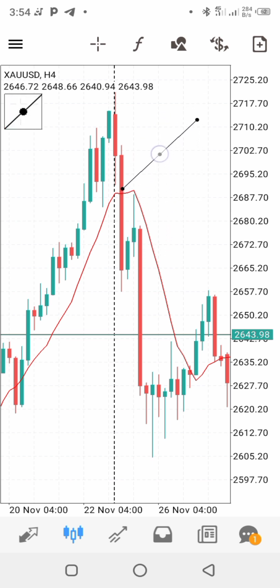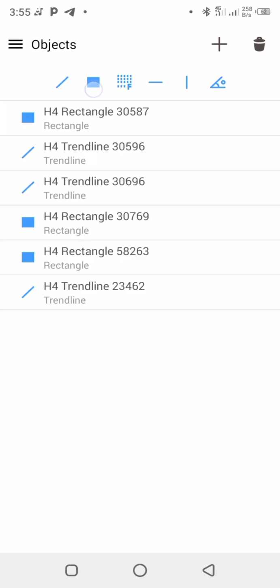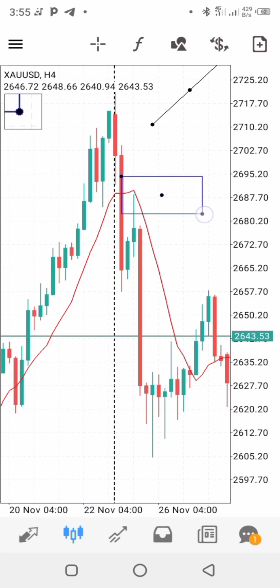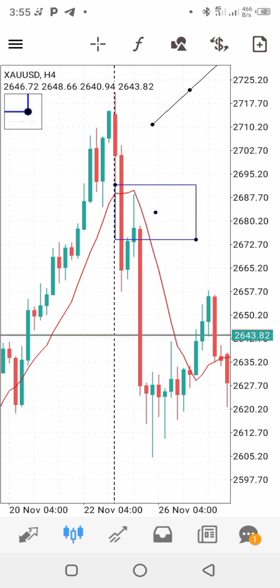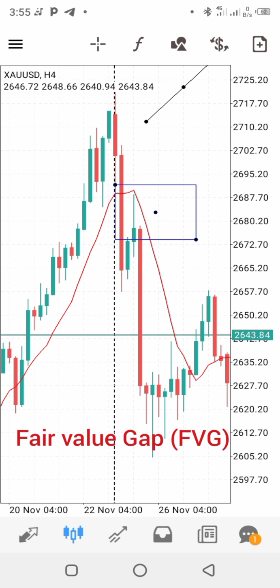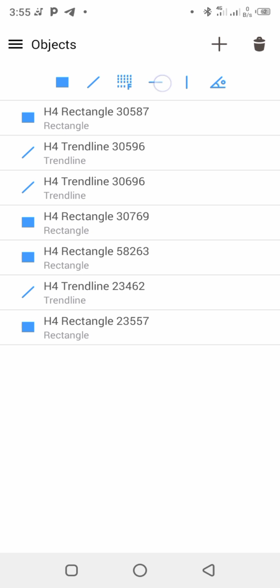For example, here between this candle we have what we call the fair value gap, from here to this point. So this is the fair value gap. You mark it. You mark your fair value gap here. You put a box, a rectangular tool, from here to here, from this top to this candle here. This is what we call the fair value gap. So now you can see price has traced into the midpoint of this gap. Where is the midpoint? This is the